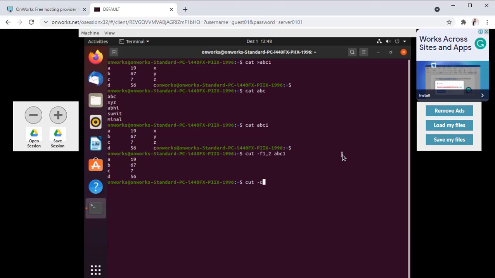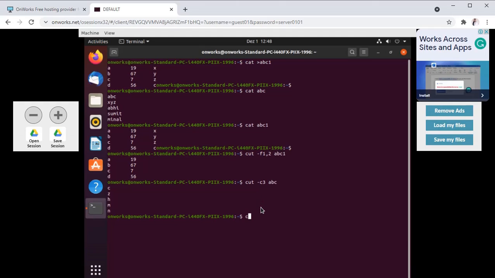So write 3, character number 3 from the ABC file. Here the third character is C, then Z, then H, then here M and here N. So in this way we can use the cut command, in which some portion of the file is cut and pasted into the output.